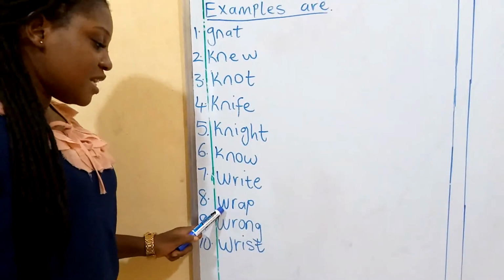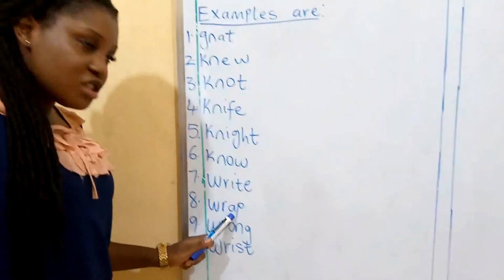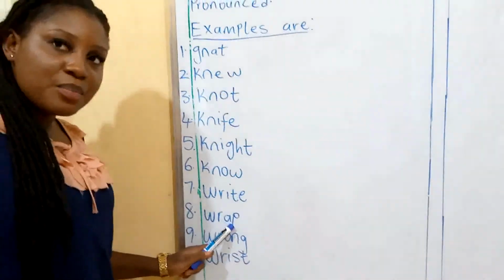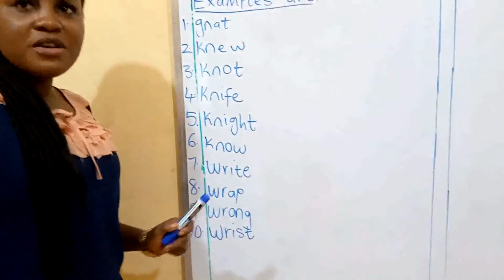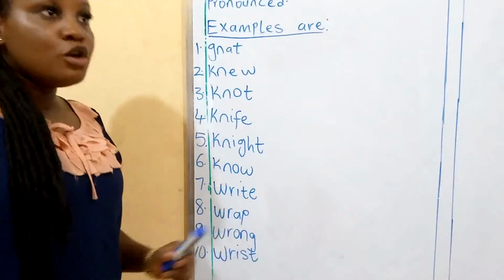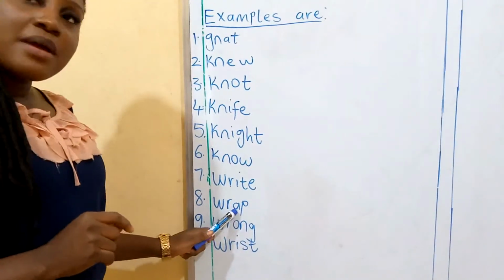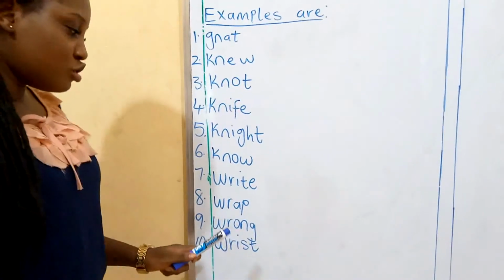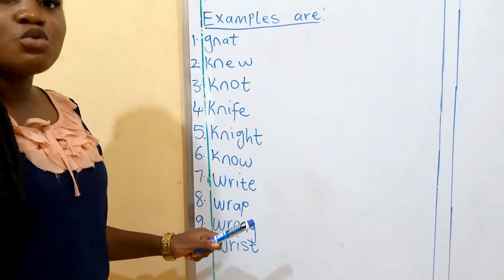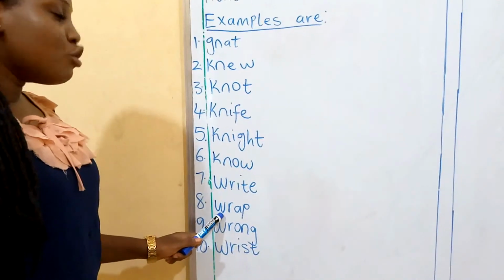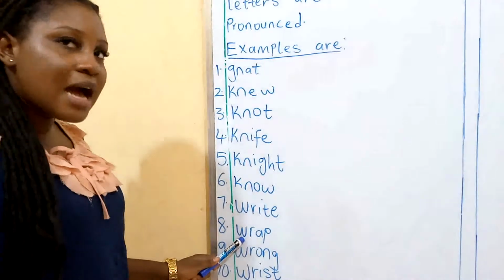Don't sound the first letter. Will you sound this? You won't. So just tell me, what's this? We have R, A, P. It will give us what? Rap. Lovely. So now, when I ask you to spell rap, should you just spell R-A-P? No, you shouldn't. You should spell it as W-R-A-P. It's what? Rap.